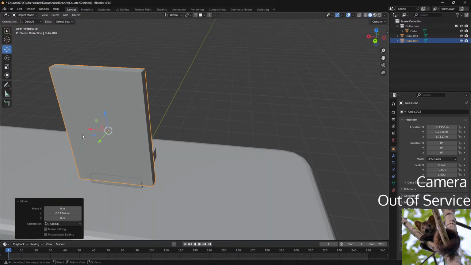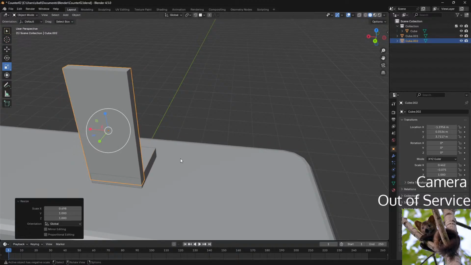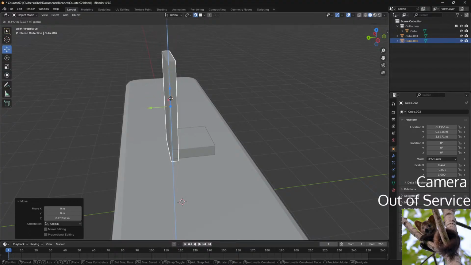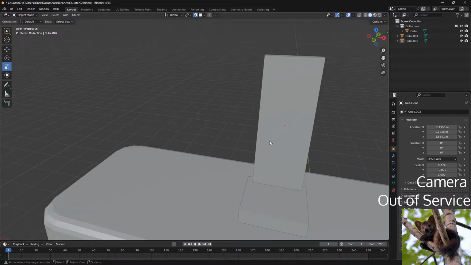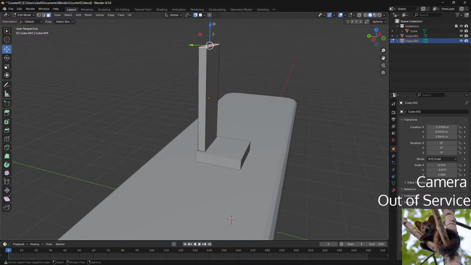Hold up. And here, do you want to snap? Yes. Now let's see, the top is too high.